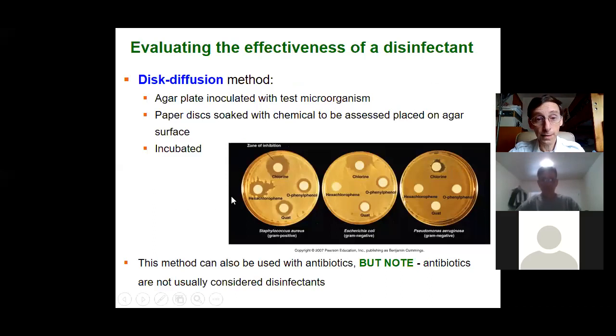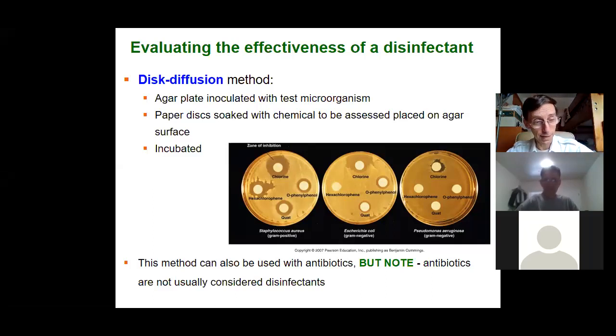And then you put the discs on that have a chemical in them, and they should have a certain number of units of the chemical in the disc, and then you incubate that in the incubator, and the bacteria will grow where the chemical does not hinder its growth. And then where the antibiotic, or not antibiotic, the disinfectant diffuses, you'll get a zone of inhibition